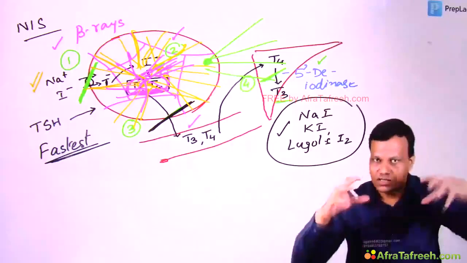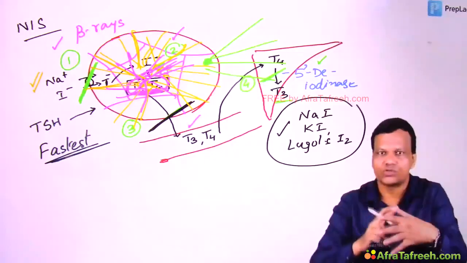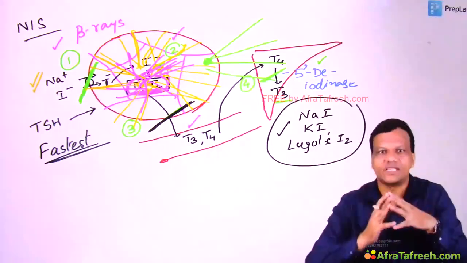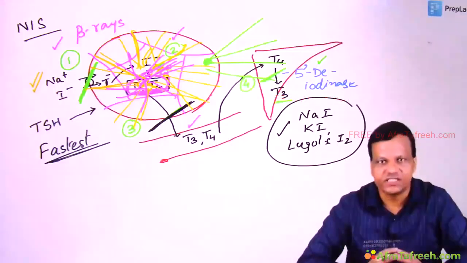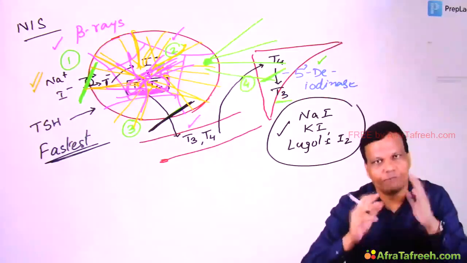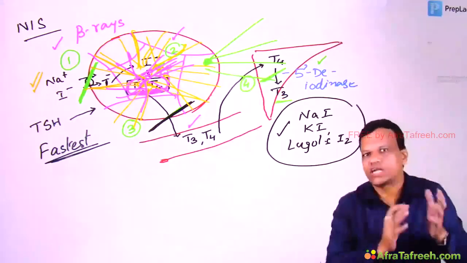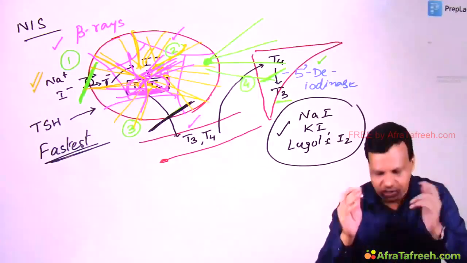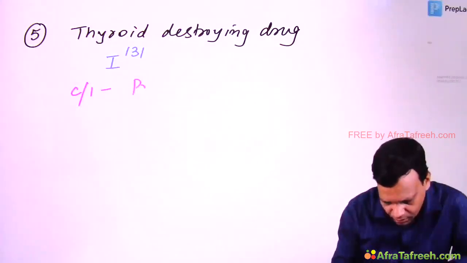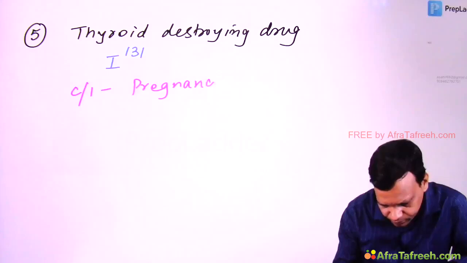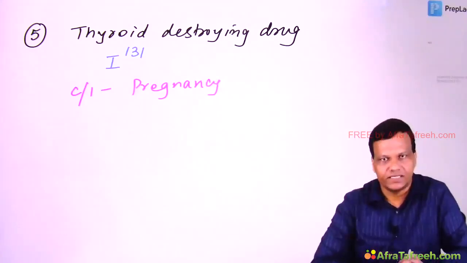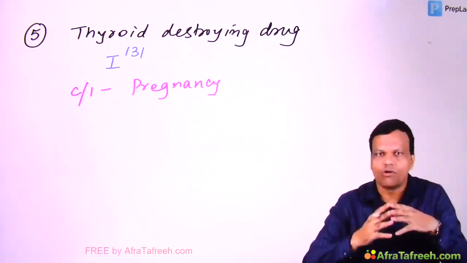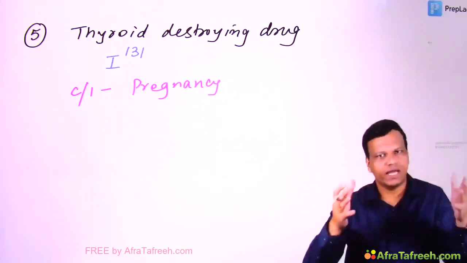One, they are stored mainly in colloid. Number two, they are stored in the center of the thyroid gland, so only thyroid is affected. And third, they emit the low penetrating radiations like beta rays. Okay, but like every radioactive substance, radioactive iodine is also contraindicated in pregnancy. Now suppose we take a situation, a person is given overdose of carbimazole or any antithyroid drug,